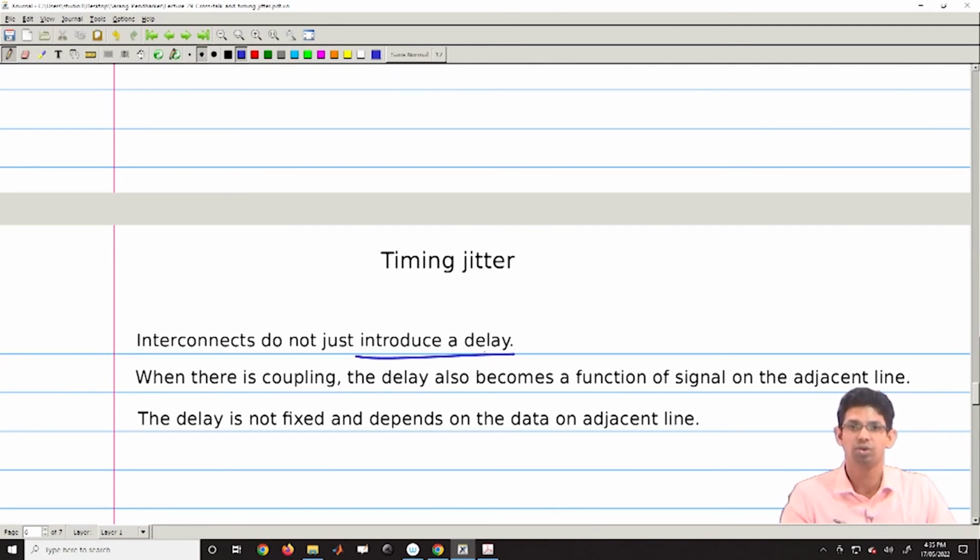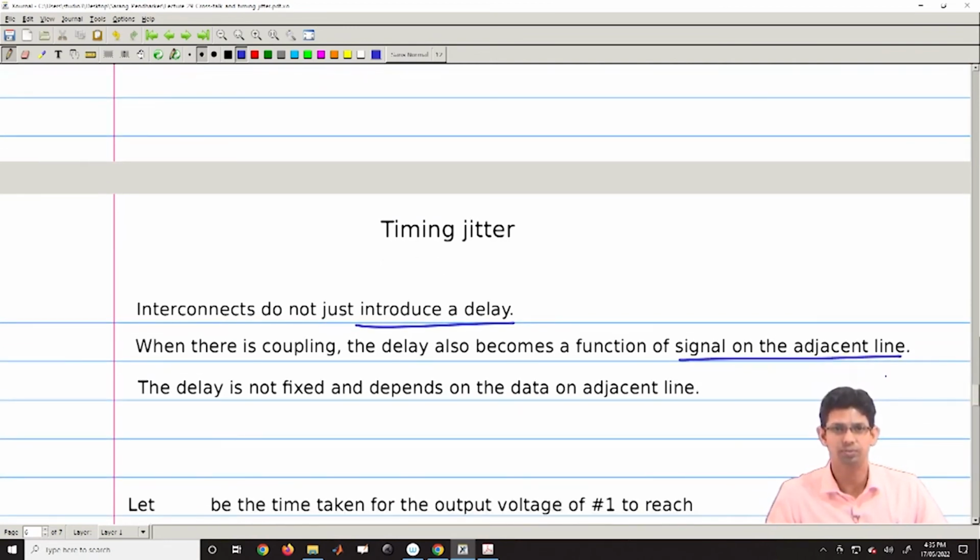Your delay is also dependent on the signal on the previous line. So, when there is coupling, the delay becomes a function of the signal on the adjacent line. We will see how. What this means is that your delay is not fixed, it depends on the data on